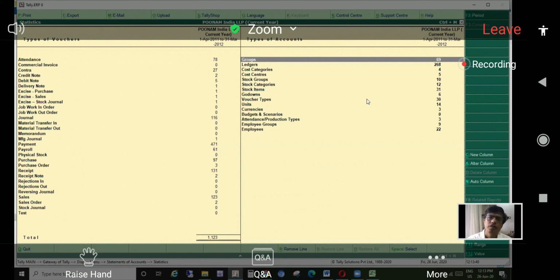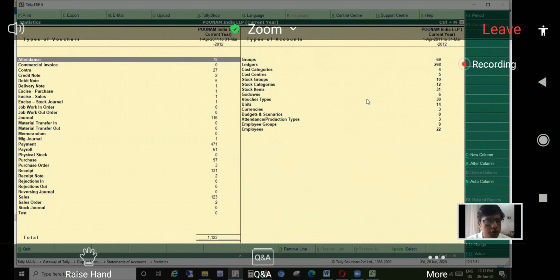Here you will be able to control how many ledgers there were when we started the audit. You can also see the number of vouchers, and in each voucher, how many transactions are there. We will come to this screen again once we move along a little more. This is a very important screen that you should understand, as it gives a holistic view.